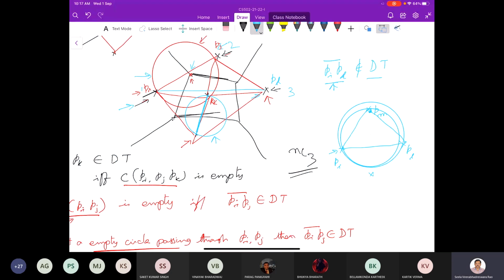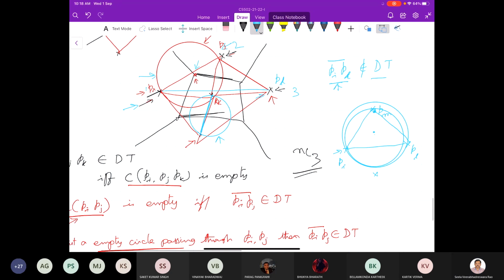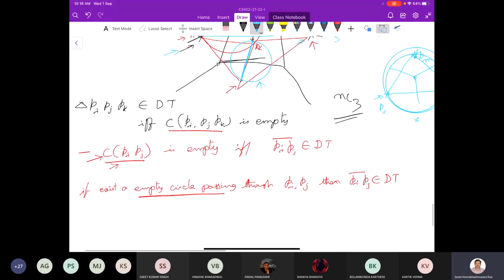So this triangle must be in the Voronoi diagram. There is a vertex corresponding to this one in the Voronoi diagram. So this is not true, because this is not possible. Whatever circle you take from these three, there is always another point. This will be there. Otherwise, this would have been part of the Voronoi diagram. So from this, what we can say is,